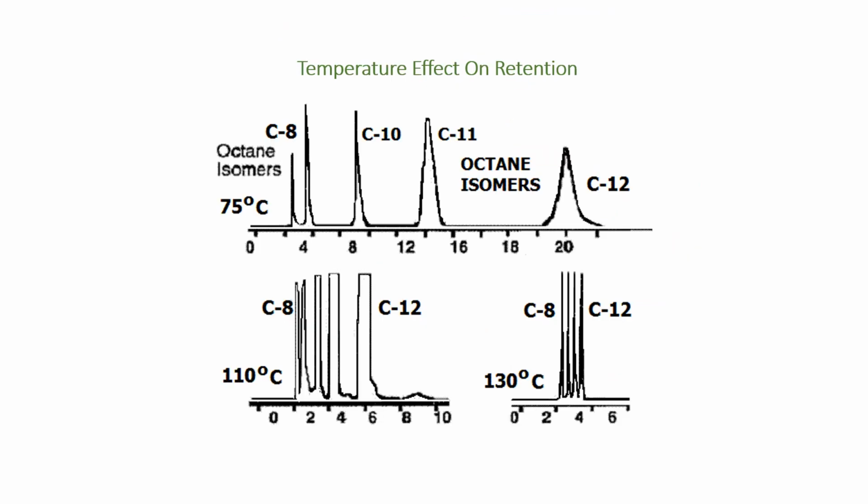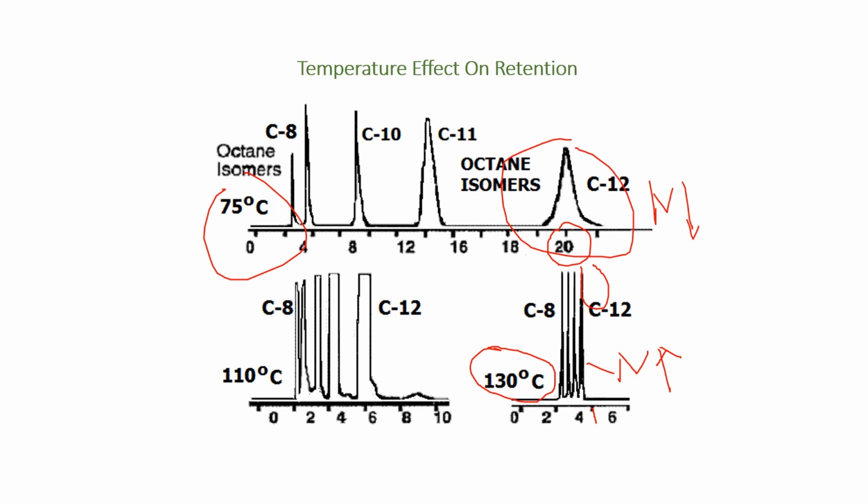So this is another example. Temperature effect if you are using isothermal. If you are using 75 only, you can see a lot of peaks, even broad peaks, and also it's really long. If you are using 130, which is around 60 degrees C above the first temperature, you can get separation in less than 5 minutes and a good peak here. So this is a very efficient peak. The N is very high, and this one N is very low, because of the width of the peak.